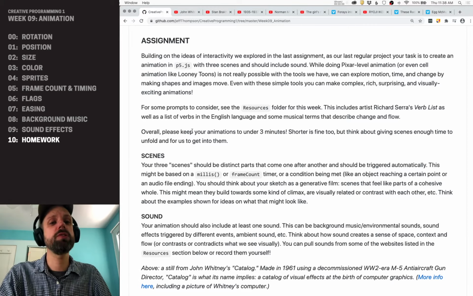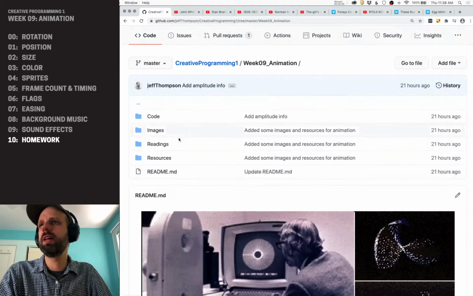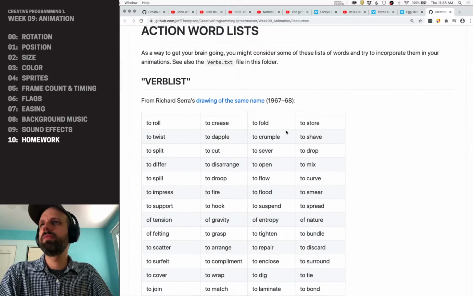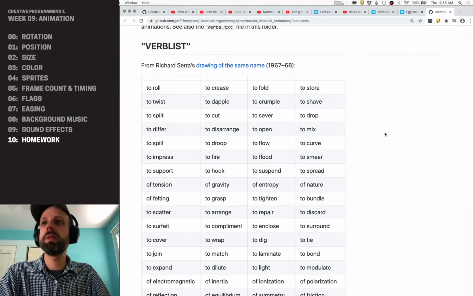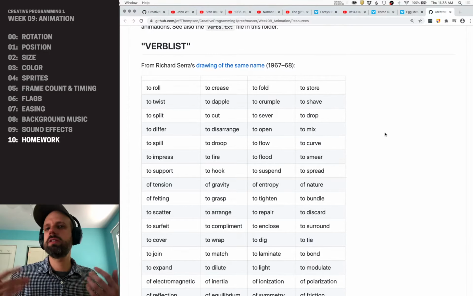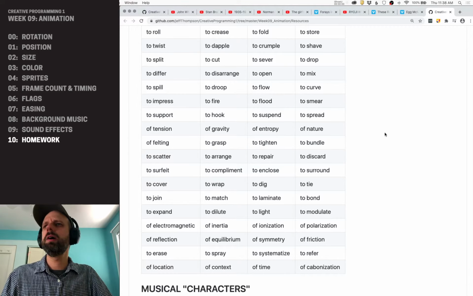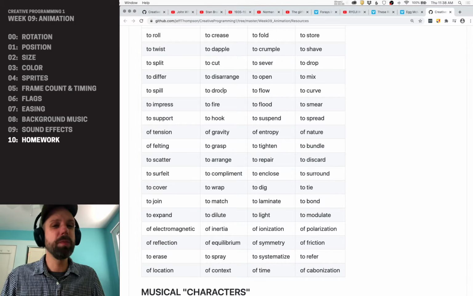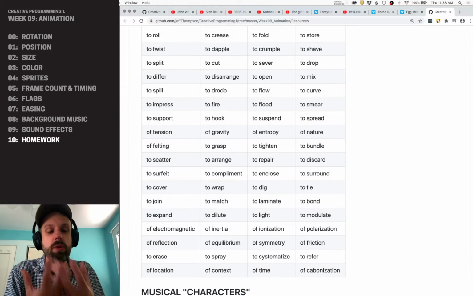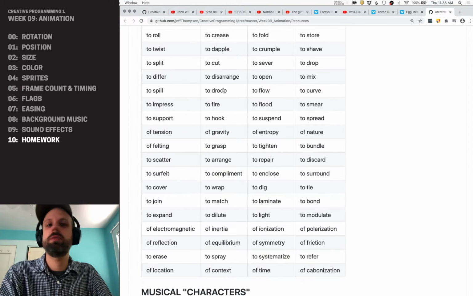There's some stuff in the resources folder as well that I think you might find helpful. So if you look here, you'll see this verb list by artist Richard Serra. Richard Serra is mostly known as a sculptor, and this is from 1967 to 68. And here he's thinking through actions in space, actions with the body. So I think these are a cool place to start if you're feeling stuck, like to droop or to flood. Those give you all these visual ideas that you could think about trying to create in your